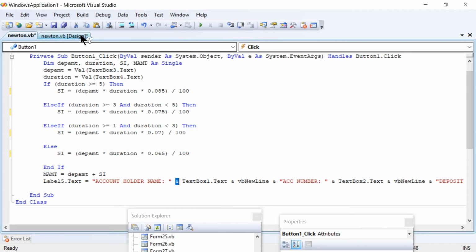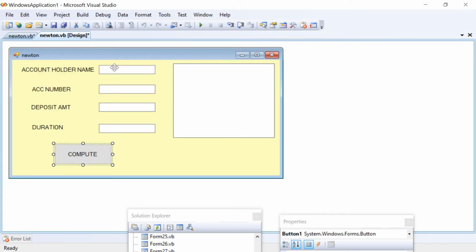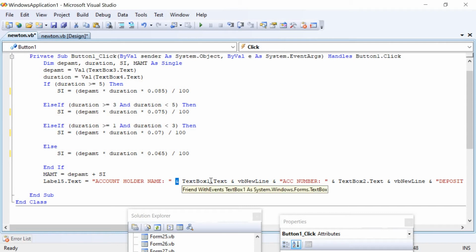As per the window design, account holder name is displayed in text box 1. Right? For that sake, it is taken with the text box 1 dot text property. Again, here comes the ampersand. Next, here we have the command VB new line. What is the use of this one?